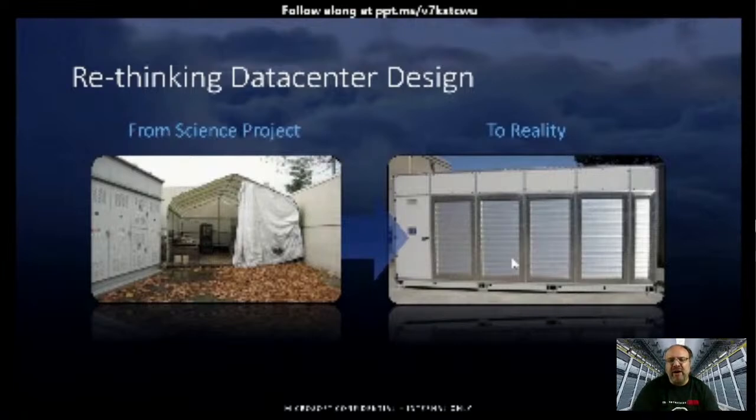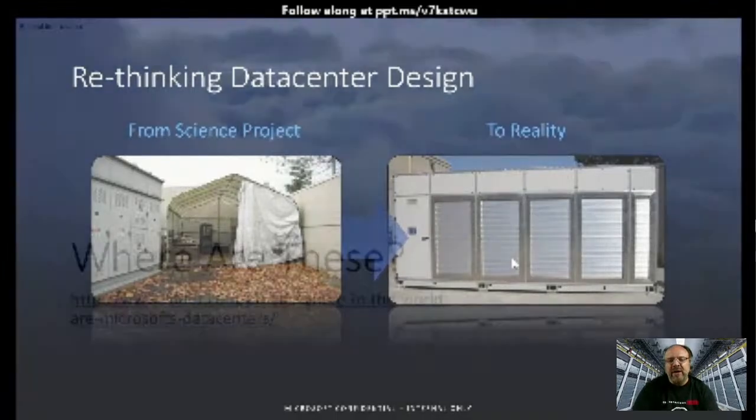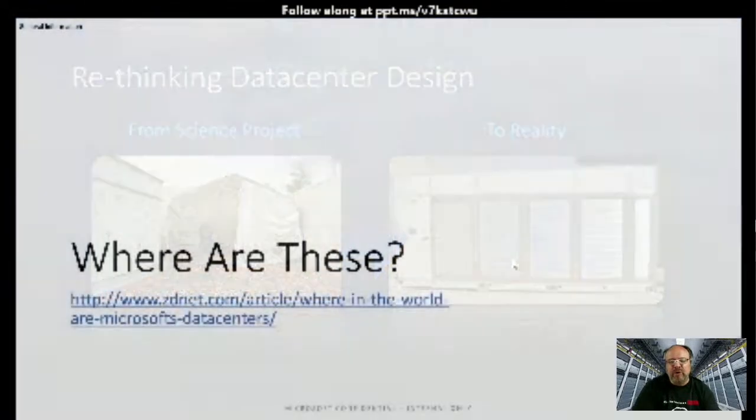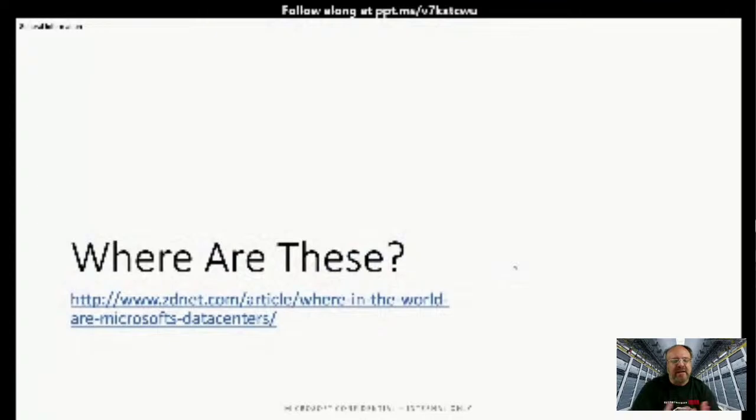So Microsoft rethought the data center design back in 2008 and 2009. And both Chicago, Illinois, and Dublin, Ireland are the two sister sites where containers were first brought into Microsoft's data center portfolio. There's a link to a ZDNet article on where in the world Microsoft data centers are,